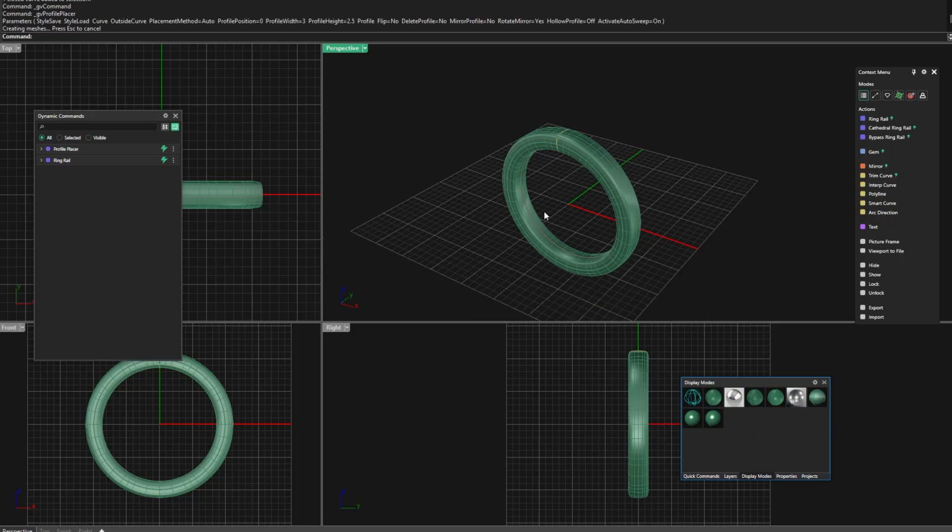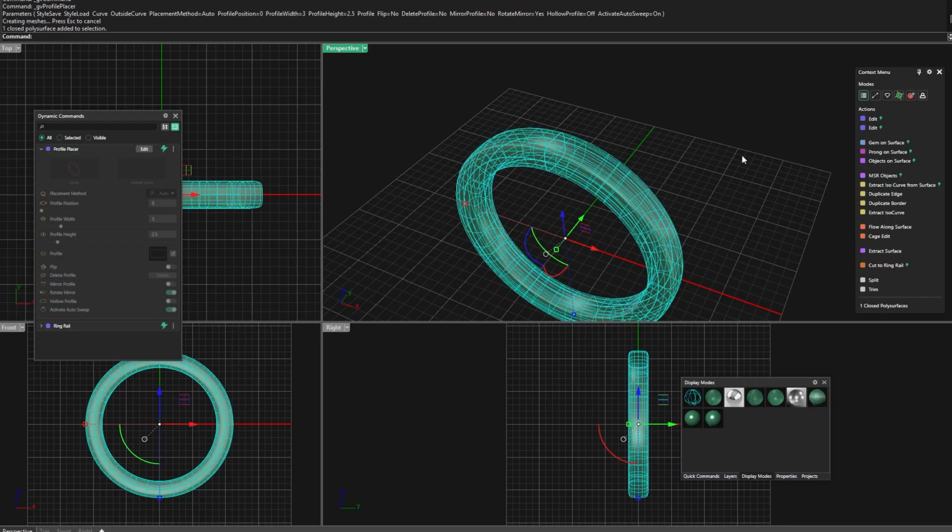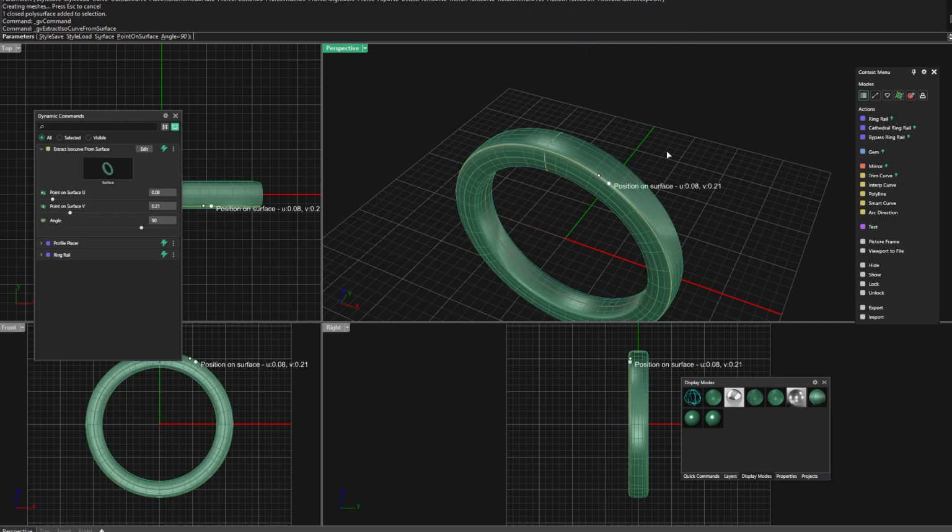Okay, so we have that, and now we need to maybe extract an ISO curve from this to put some gemstones on it. I'll click on that, and since we selected that surface, in our yellow we have extract ISO curve from surface, and it's parametric. Yours may or may not be. I'm not sure if this is the one I added in, but in the next video we're going to show how to do all that. So I'll just select activate